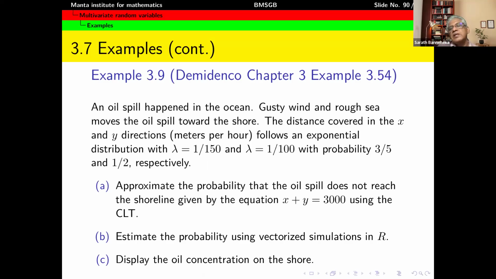Now we will look at a little bit more realistic situation, but still it is a simplified version. In the previous problem, each second the oil spill moves either 1 feet or 0 feet in the x direction, and either 2 feet or 0 feet in the y direction. Right. So that's a very strong